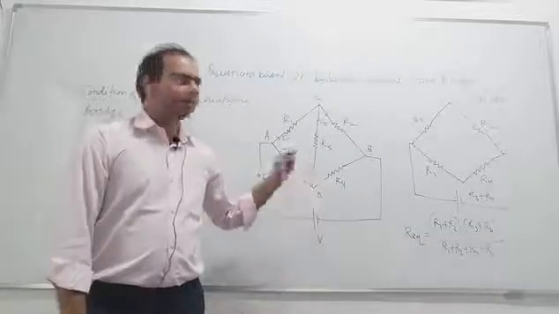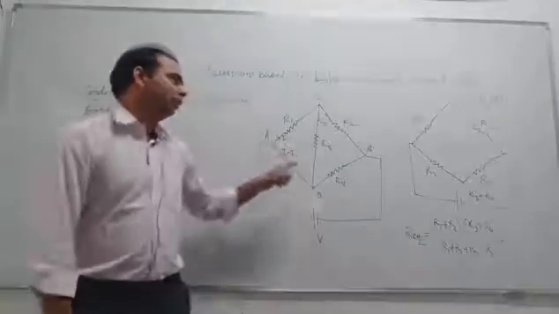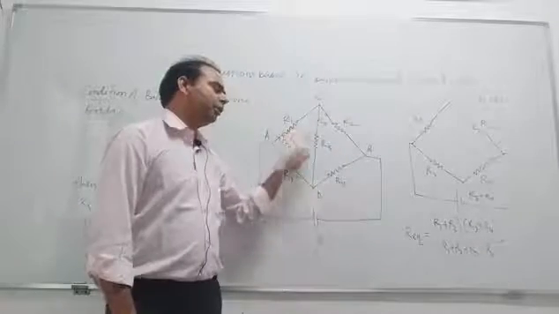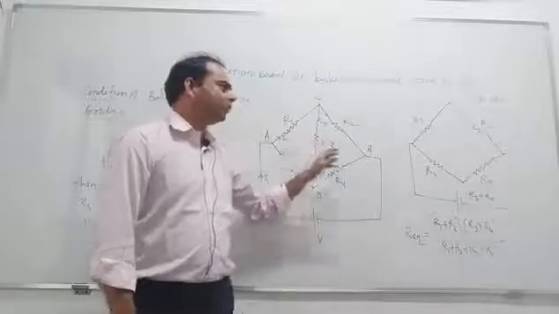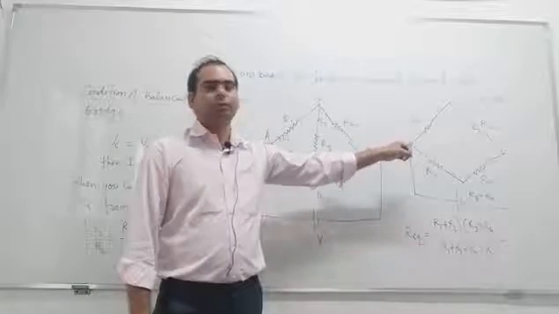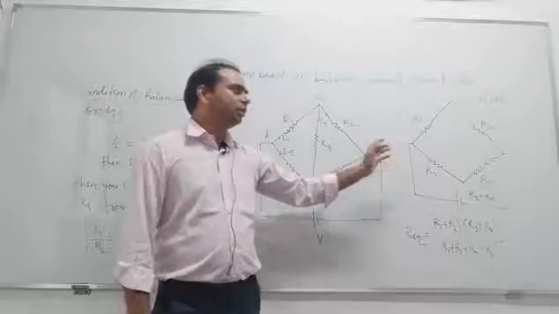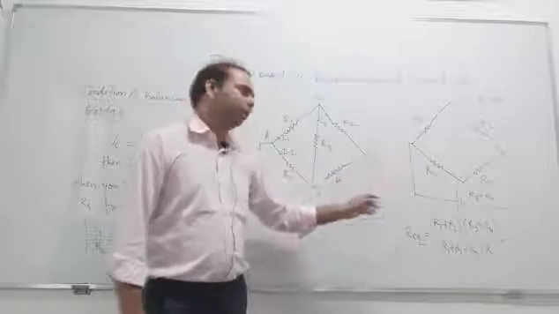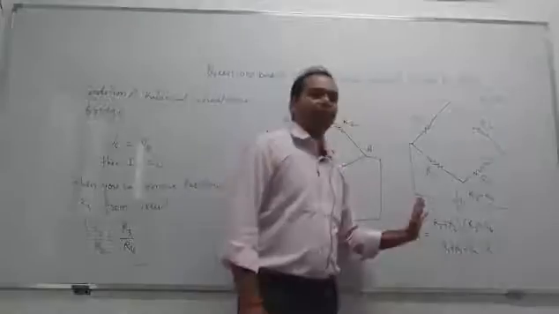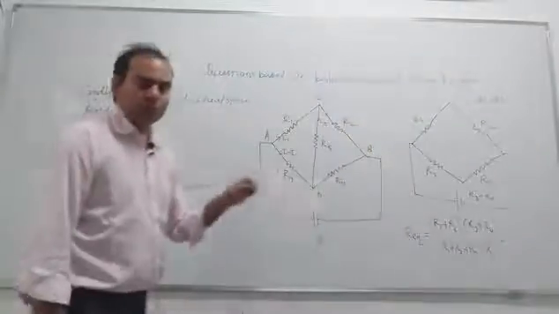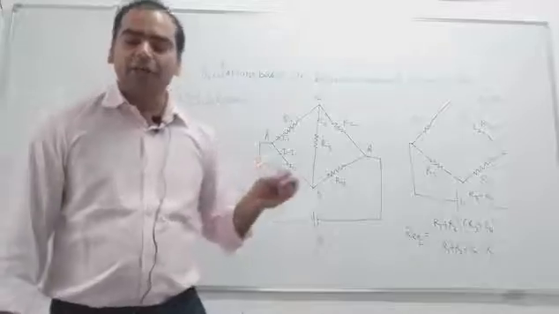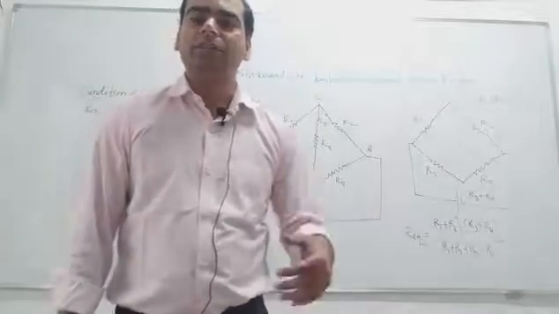If there is a balanced bridge, then you can remove this R5, right? Whatever the value of R5, you can remove this R5, and the circuit becomes easy and simple. So you can see which ones are in series or in parallel, and apply series-parallel combination, and you can find the value of R equivalent, right? This is the theory by which you can solve the questions based on the balanced Wheatstone bridge. Let's see a number of problems.